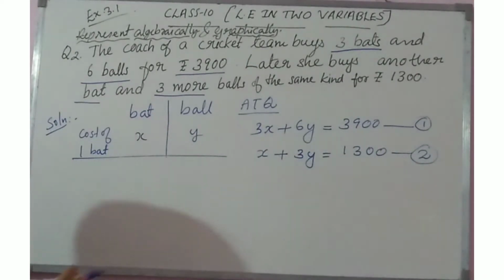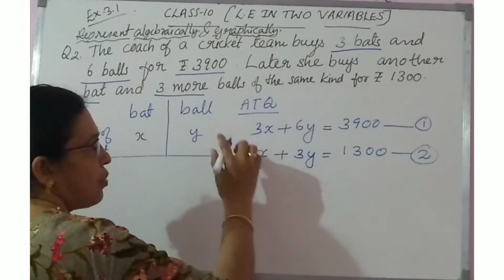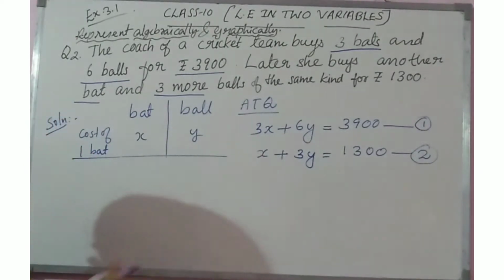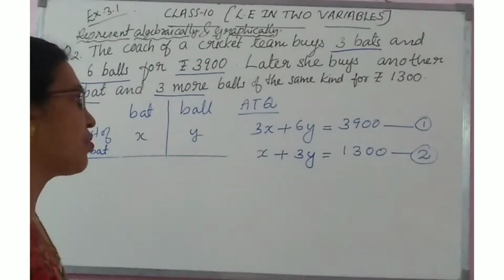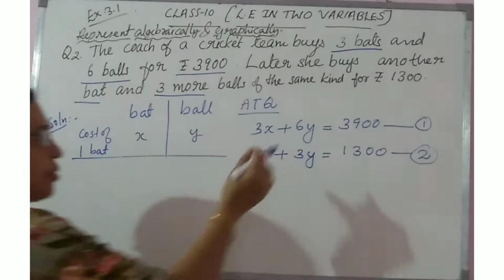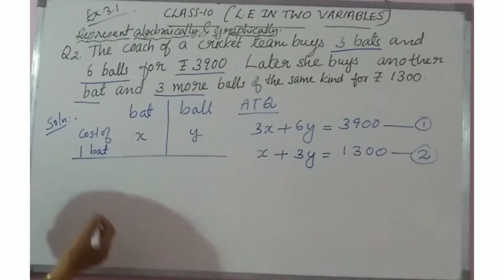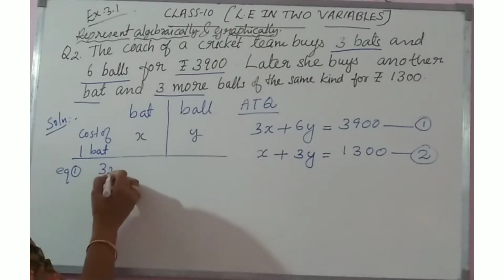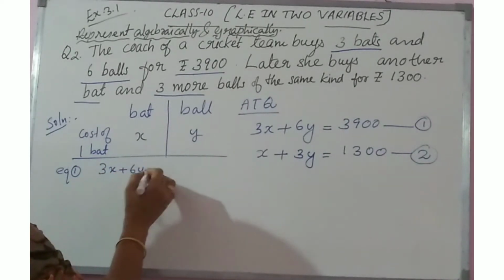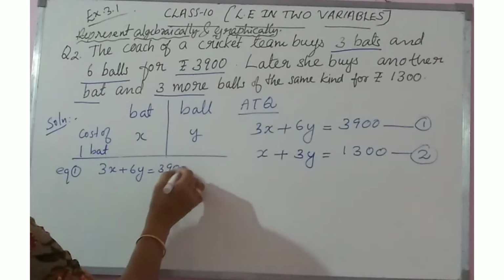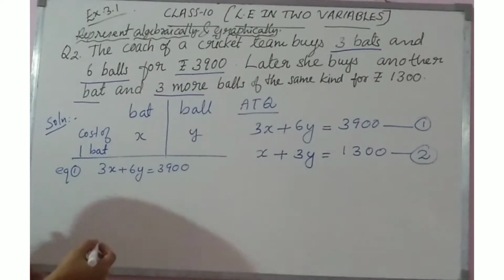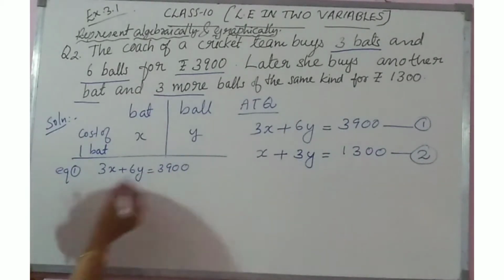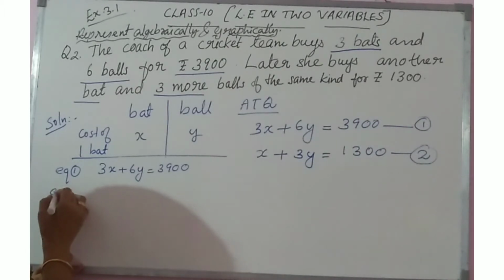If you want to represent the given equations graphically, first we have to take the first equation and find out any 3 solutions for it. So here I am going to take 3 different solutions for the first equation. Equation 1: 3x plus 6y is equal to 3,900. If it is possible to reduce it, then we can reduce it into the lowest form. So equation 1 becomes